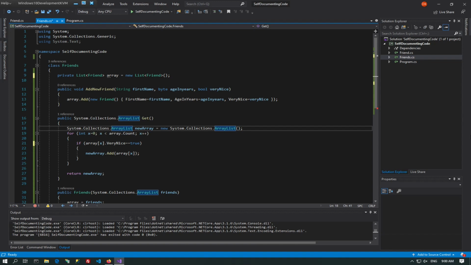So instead of putting in checks every time before you add to an array list, is the object you're adding a friend or not, of a data type friend, we can just create a generic list all over the place and make it of type list friends, sorry. You can say new array. Now, it would be better to say, for instance, to make it a little bit more readable,